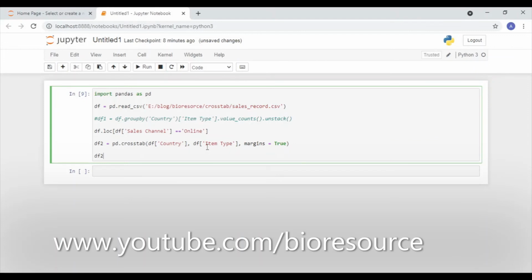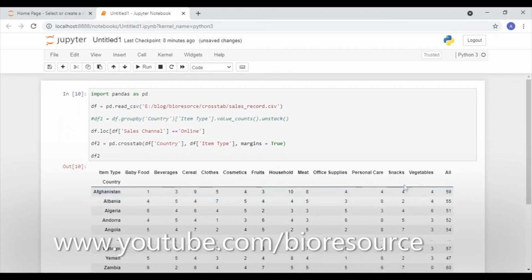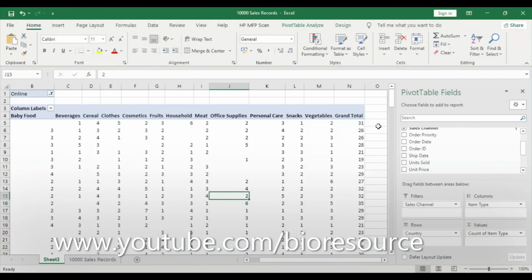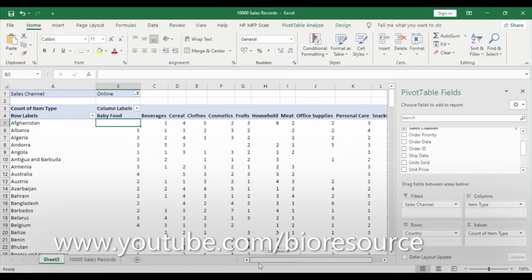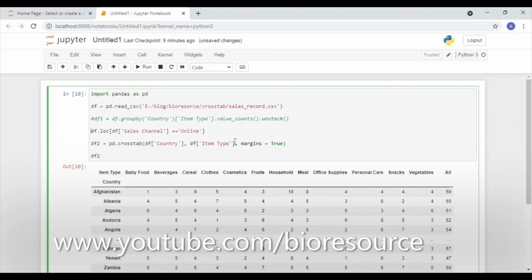Now let's check the. Yes, now we have got the file with the filtered data. Let's cross check this once again. Let's assign this to a variable and give this.